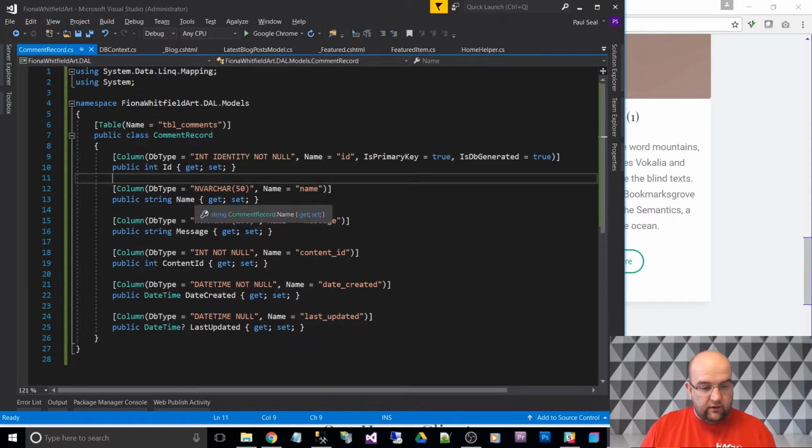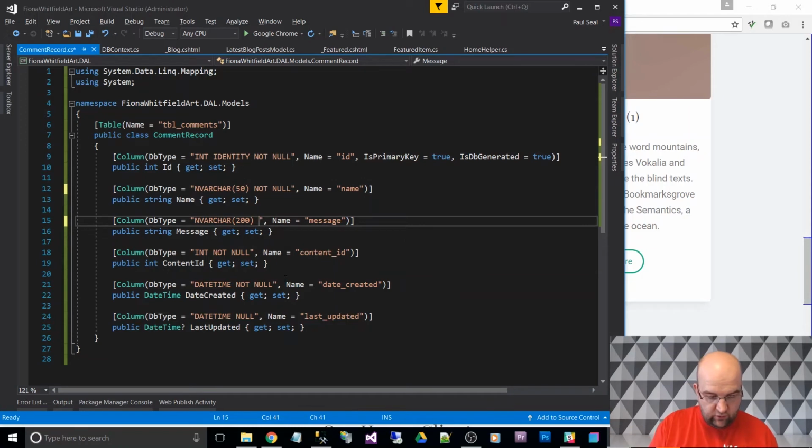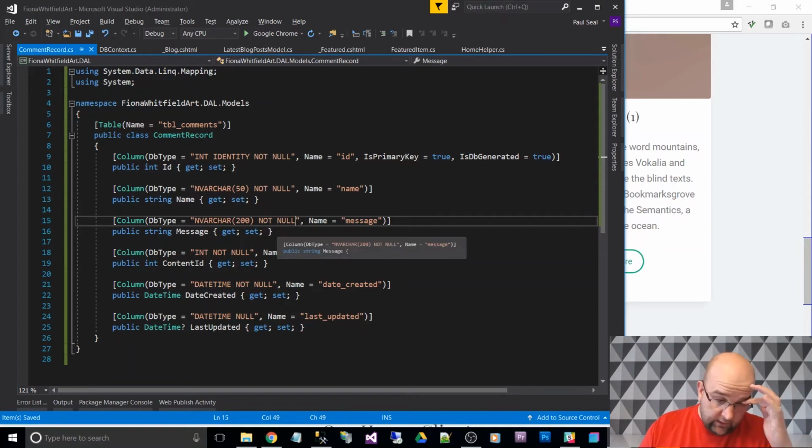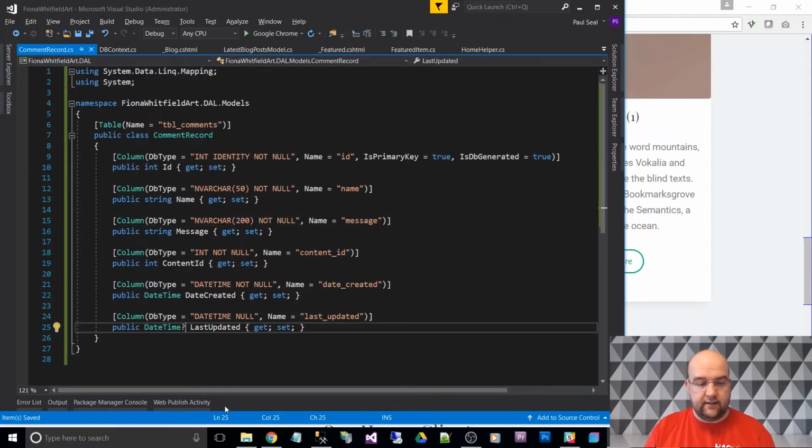Then I've got the name of the person and varchar 50. The message that they can enter, I've got that as 200. And I've not actually said not null. Really, I should put these as not null. Should specify null or not null, so whether it can allow nulls or not. Then we've got the content ID and the date created and date last updated, and I've made the date last updated be a nullable date time by using the question mark at the end, and I've said it can be null by just having date time space null. These match up to the column names,